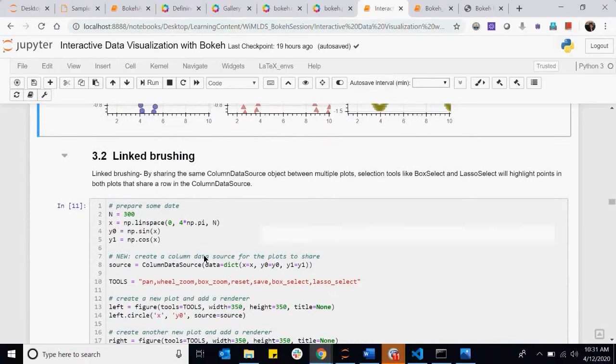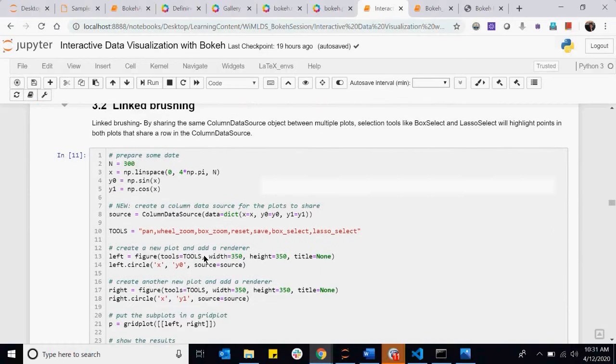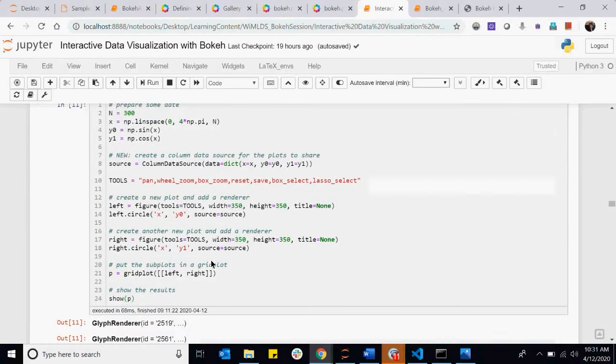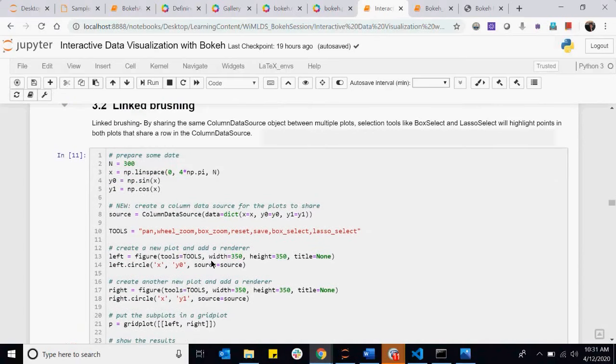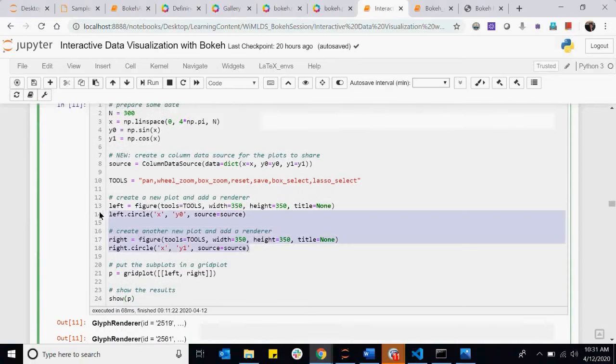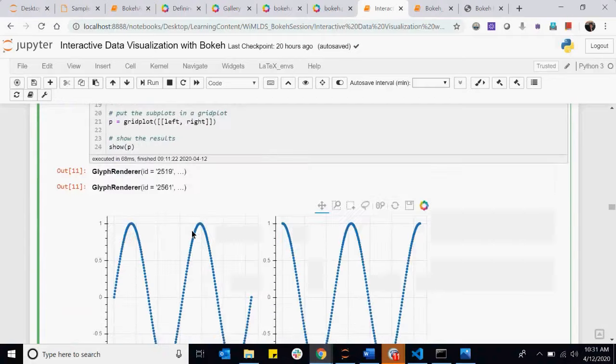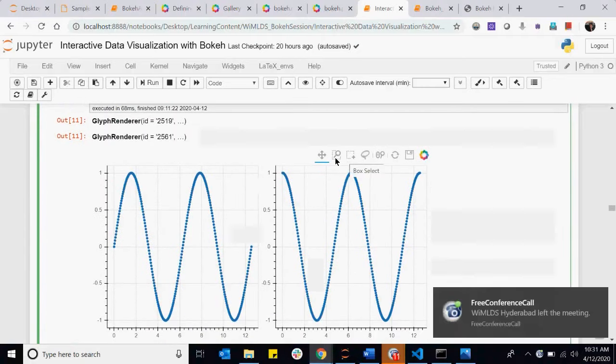Now coming to brushing, this is again for investigation, to view and highlight the concentrated regions, and how do we achieve that. Linked panning is related by the axis, while linked brushing is related by the data source. Now these 2 plots share the same data source, and once we do it, if I make an action